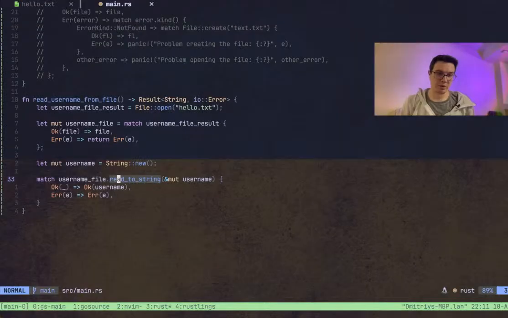So yeah, a bit overwhelming, but anyway, read to string may fail, so it returns a result, where in case of OK, we wrap the username string inside the OK. In case of failure, we return